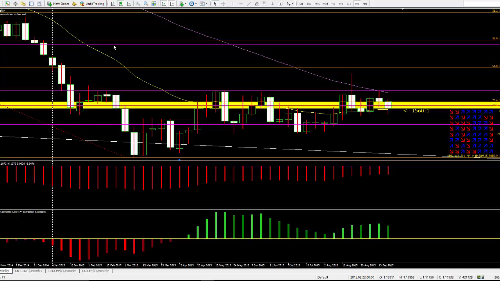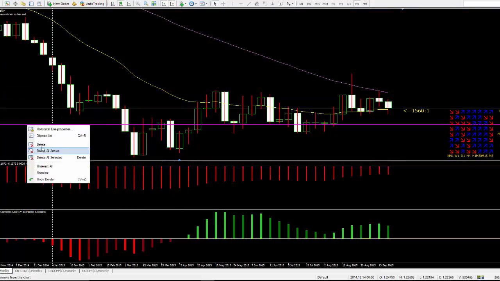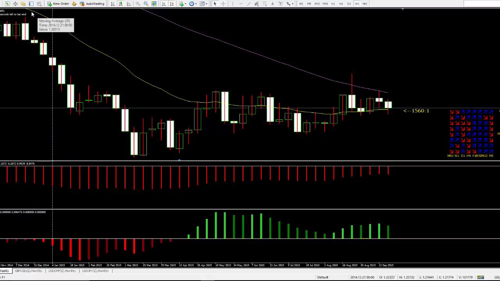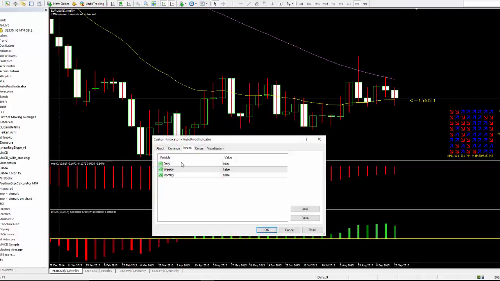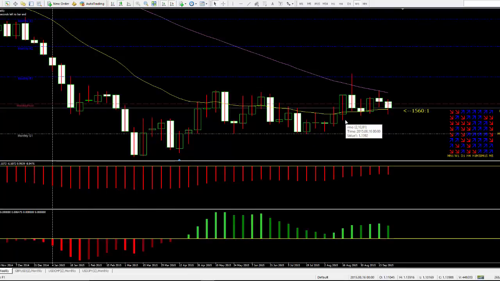So if I go ahead and just apply those particular targets, I'm just going to take away all these levels over here, for example, and just get back to normal, and then just go and apply my order pivot lines on here. So let's just go quickly and apply those. There we go. Okay, so the monthly chart, as the monthly pivot as it stands right now, you can see